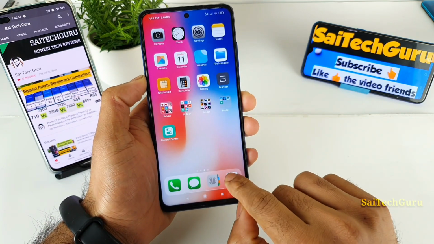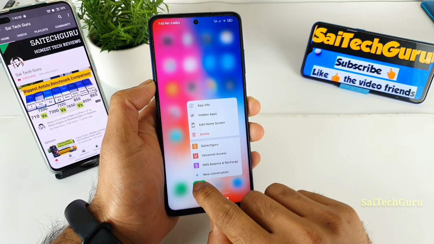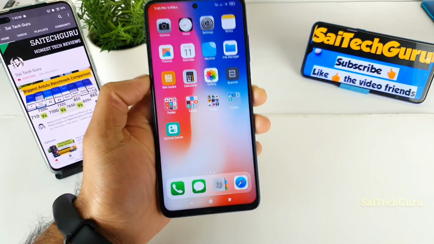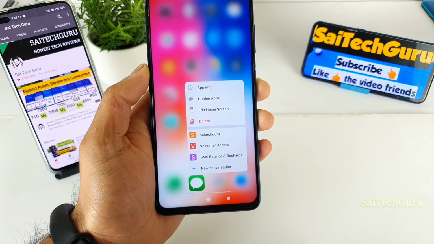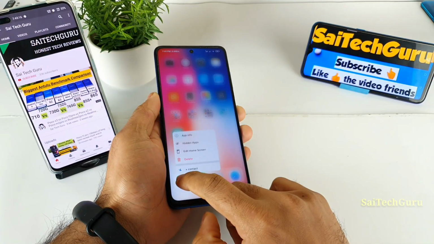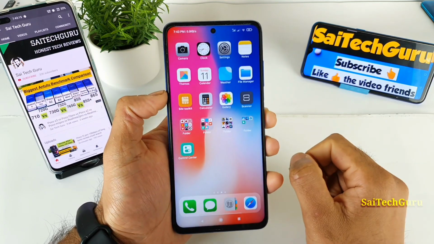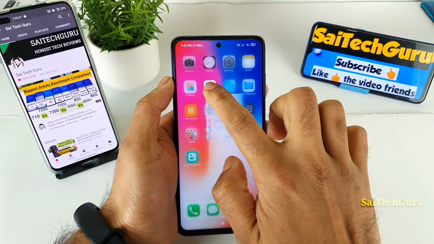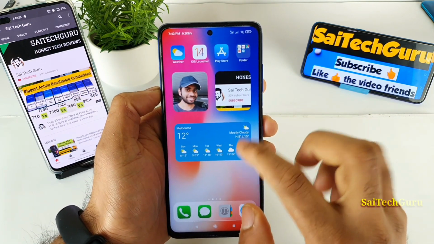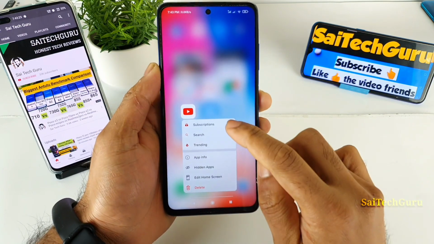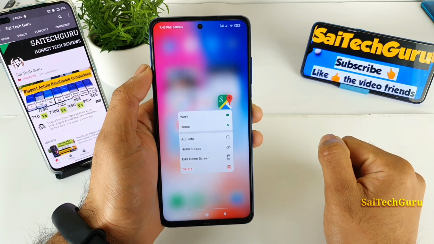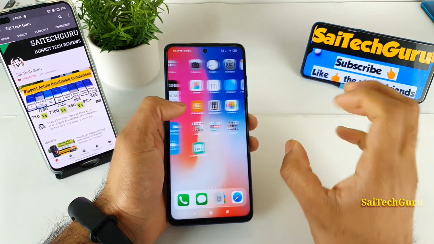Even having so many other options, for example, if you long press on the messaging application, you get the recent contacts as well. Let me try to show you, friends. If you long press on the messaging, as you can see, you get these recent messages where you want to go. And even if you long press on the lock screen as well, you can get that contacts. So few of the applications, if they support extra options, they will appear here. As you can see, friends, that's a very good feature which is available. So in YouTube, you can see here. Depending on the type of application, you get this kind of extra options. So when you long press using this launcher, that's a very good thing.